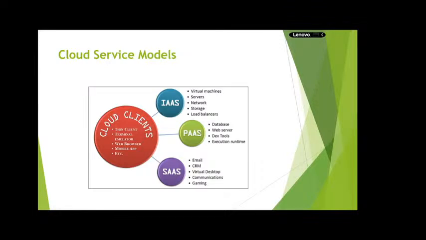Like Gmail. Oh yeah, Gmail, very good. And Microsoft O365. Yes, Office 365 is a successful product in the market. No other products are there to beat Office 365. Office 365 has around 30 services.